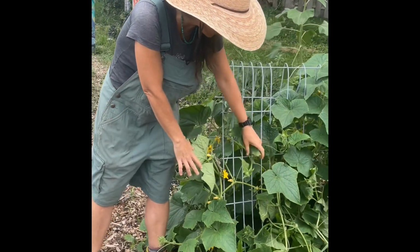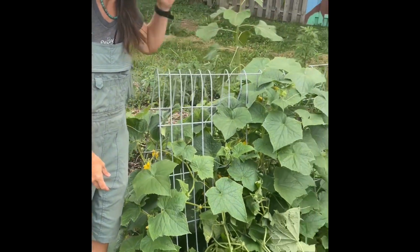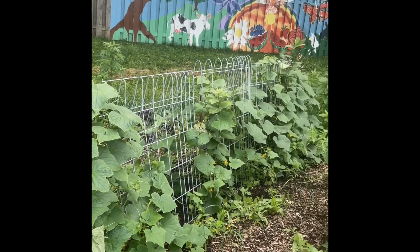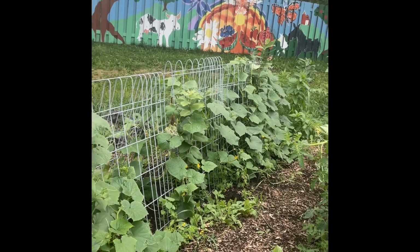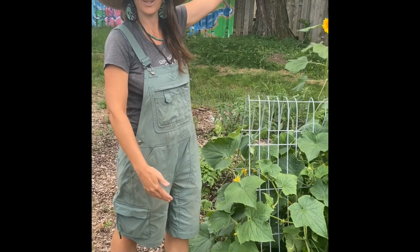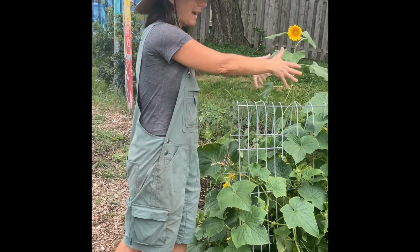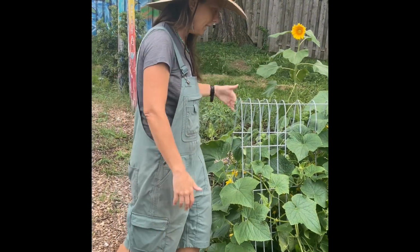And this is what they look like if you plant just a normal cucumber. They grow in a big vine. So we usually build a trellis for them to climb on. We usually grow cucumbers on A-frame trellises so they don't get so tall that you can't reach them, and so that they can also cover the whole sides of the trellis and you can walk along each side and